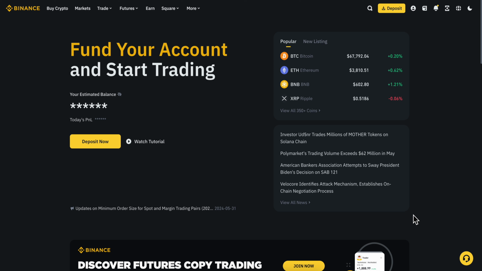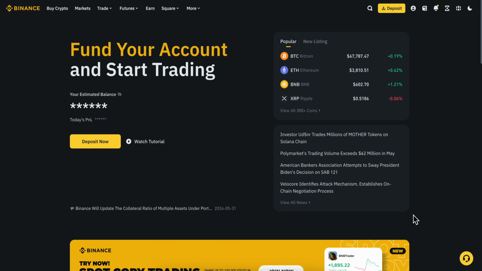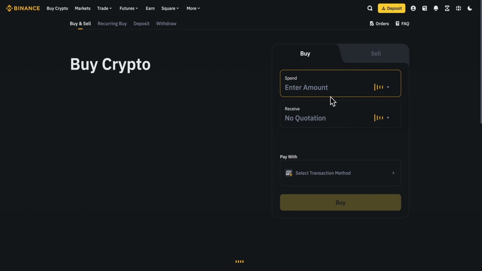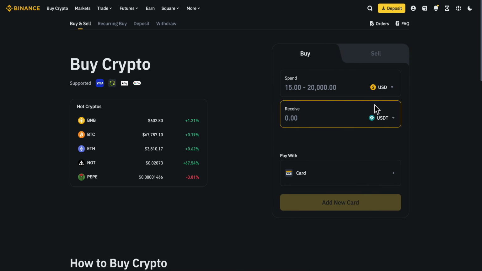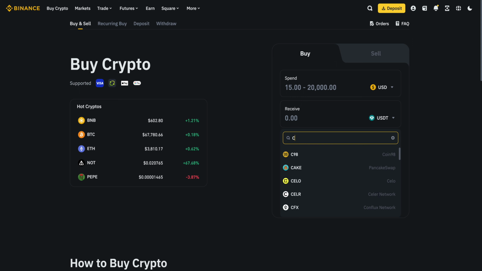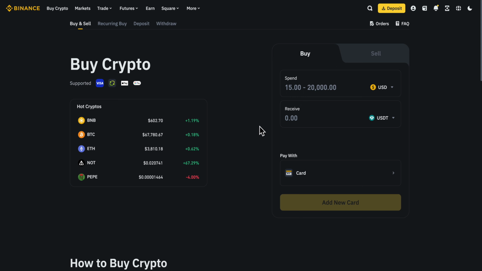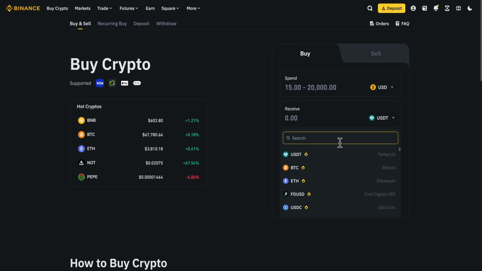How to buy Coq Inu coin on Binance. So what you're going to have to do is simply click on buy crypto, and then click on the cryptocurrency here and search for Coq. Now, as you can see, for now it's not supported on Binance directly, but what you can do,